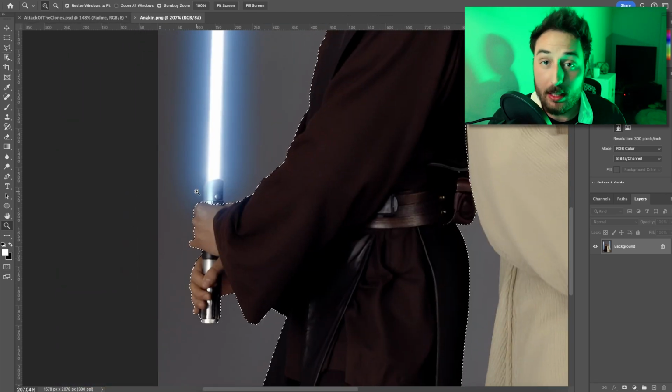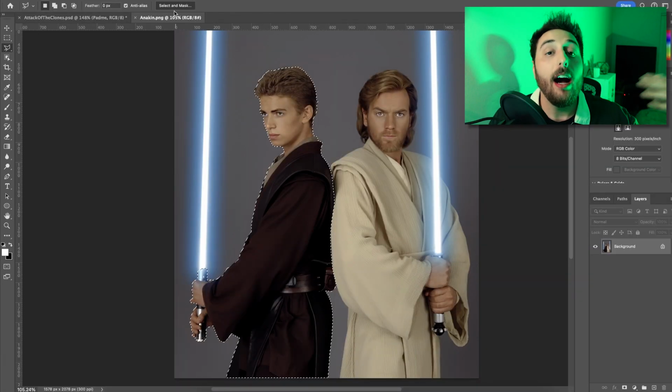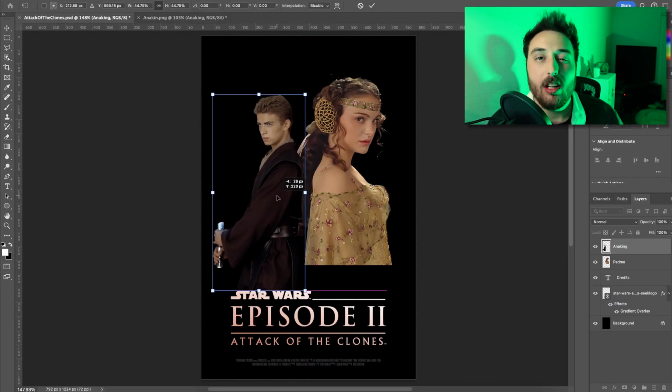Or you could just clean up everything with the Selection Marquee tool. That's also an option if you're into that. Then you output that clipping mask to a new layer. You name that layer and then copy and paste it from your photo to your canvas to start laying out composition.